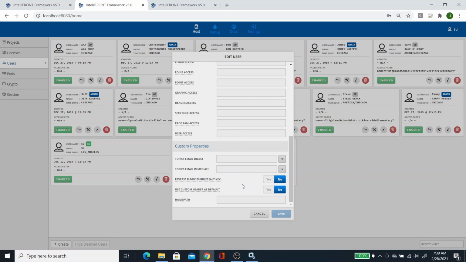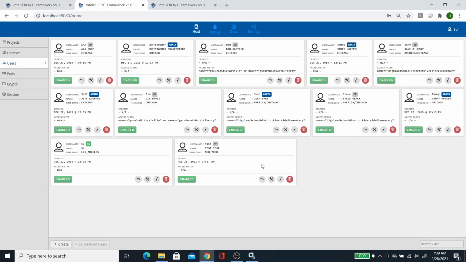And then you can customize properties down here. So if you wanted to reverse the magic bubbles, this is where you would do it. If you didn't want, when you clicked on something, the bubbles to pop up over here, you can reverse that right here. You can set a home path. There's just a lot of things you can do with the user,